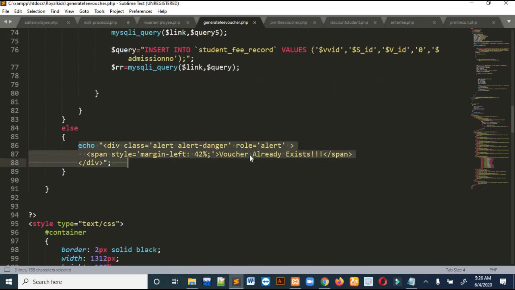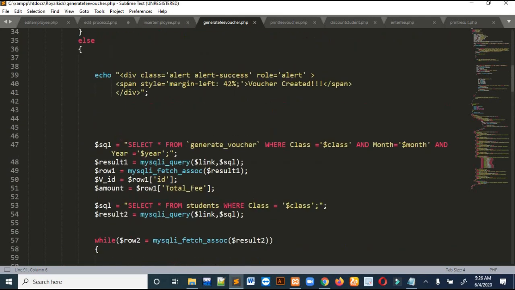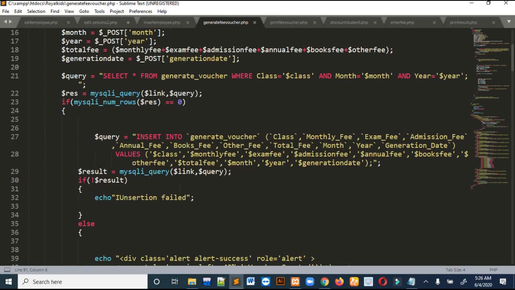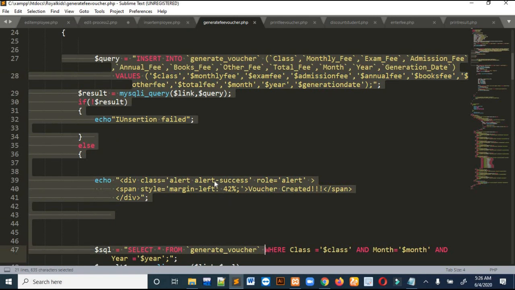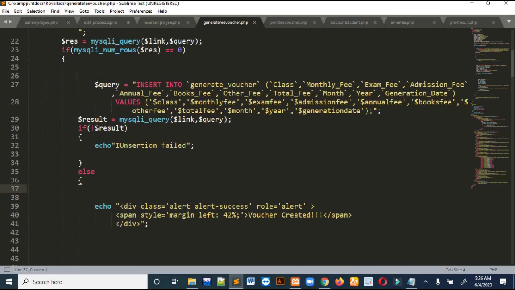Which is voucher already exists. Okay, so if the voucher already exists, it will show the error. As there is no voucher existing until now, it will go into this code. So what I am doing in this code, I am